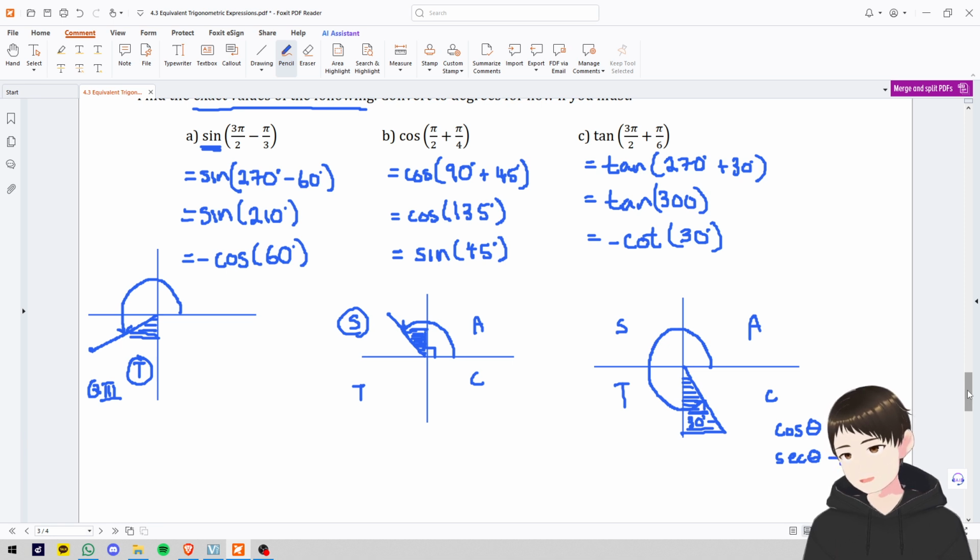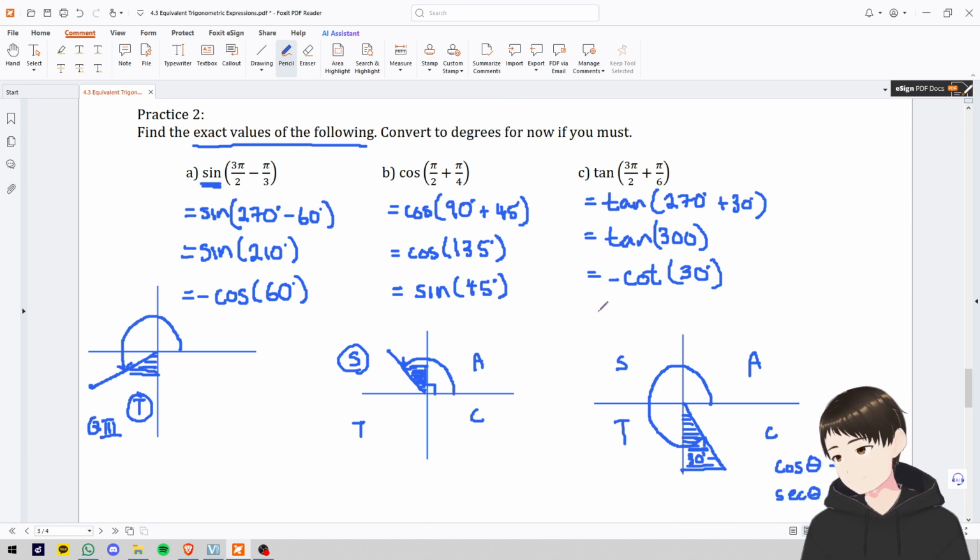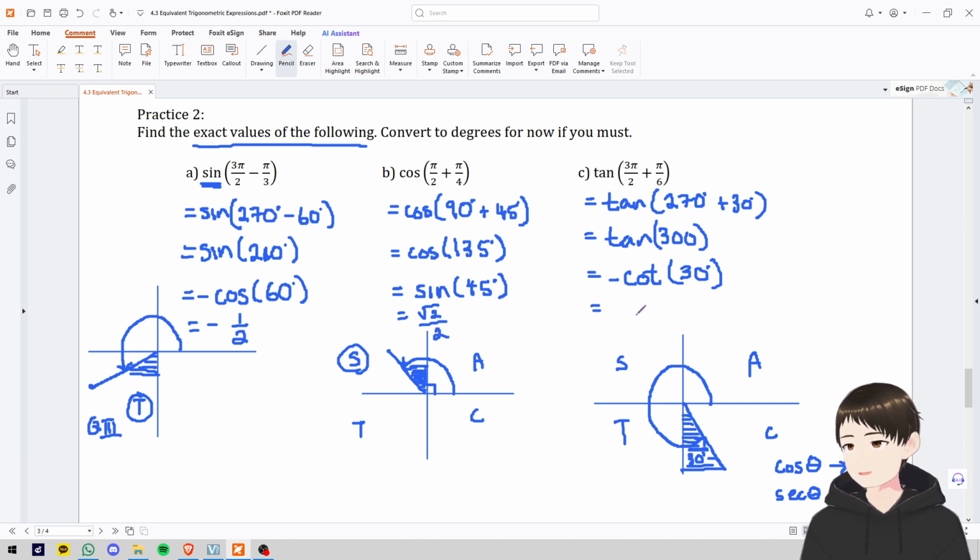Your goal for 4.3 is to be really comfortable taking any of these kinds of K-style questions and then converting. Okay? Why is it important? Because if you can do this, you don't need any calculators. Look, you already know, using special triangles, what cosine of 60 is. That would be 1 over 2. So sine of 210 is the same as negative cosine of 60, which is also the same as negative half. Sine 45, you already know, that's root 2 over 2. And negative cotangent of